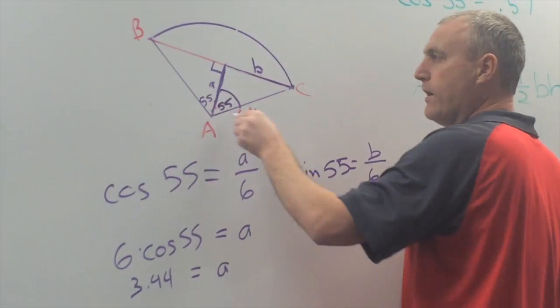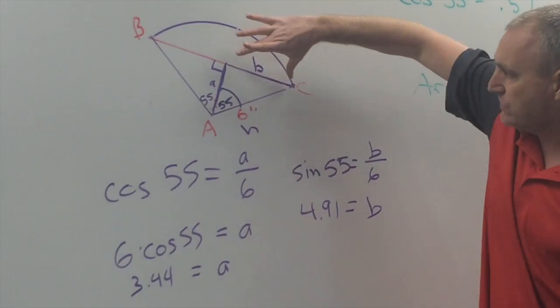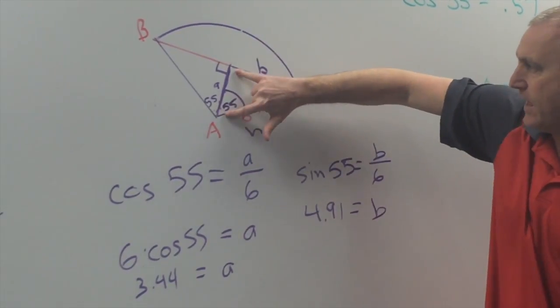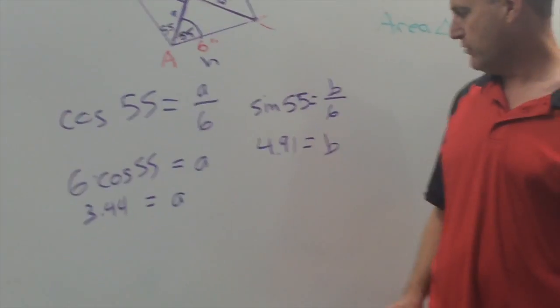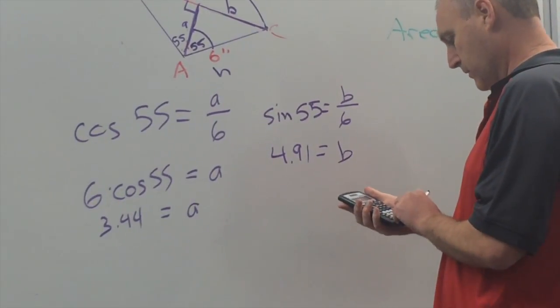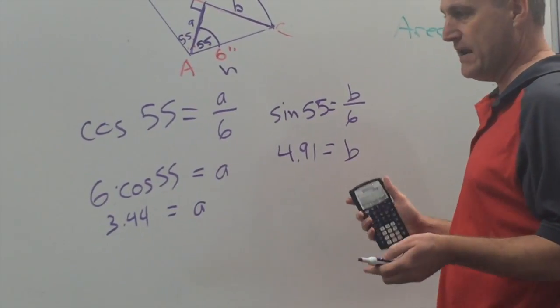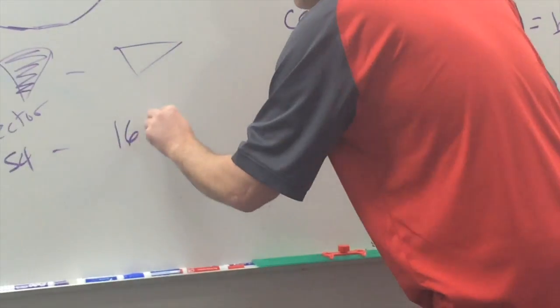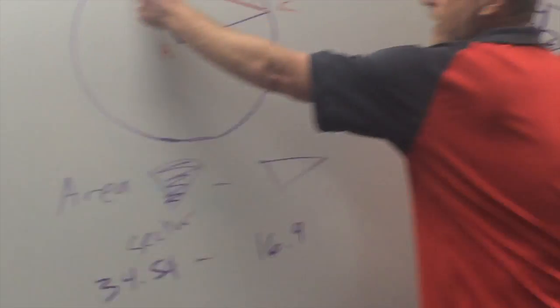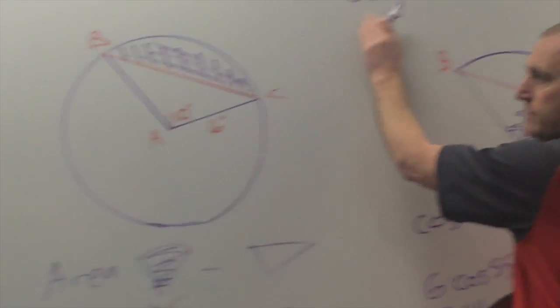If I want the whole triangle, remember it's half the base times the height. So it's actually just this distance times the height that will give us this whole area of the triangle. So really it's just my letter A times my letter B, which gives me an area of about 16.9. That is the area of my triangle that I'm subtracting off to get this shaded area, the segment of my